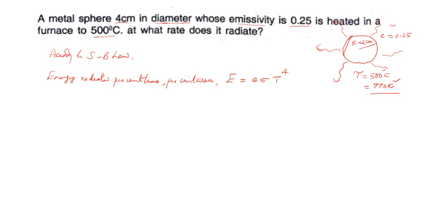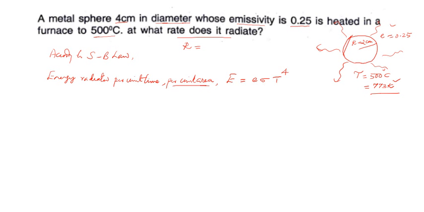Otherwise the general equation should be like this, and I want you to better memorize the Stefan Boltzmann law in this particular form at least. E is e sigma T raised to 4, right? Now it is the energy radiated per unit time per unit area. This per unit area is the thing to be noted. And what we need in the question is: at what rate does it radiate? Means we need the rate at which energy is radiated by the black body, means by the entire area of the black body, right? So this is per unit area, but the black body has got some